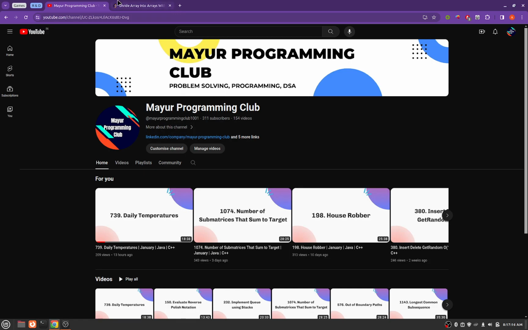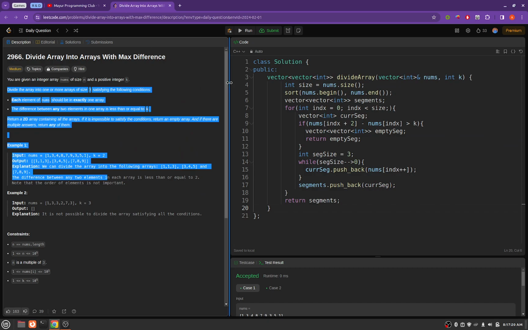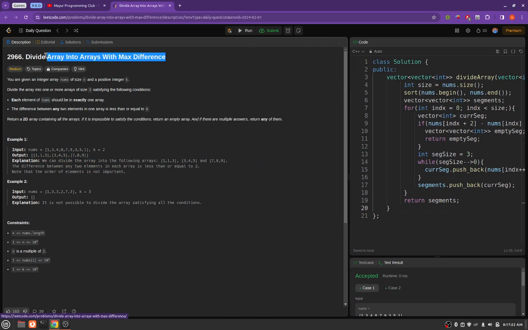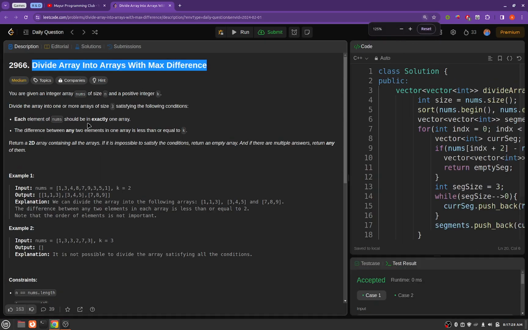Today we will be solving another daily Leetcode problem, and the problem's name is divide array into arrays with maximum difference. So the problem statement goes like this: you are given an integer array nums of size n and a positive